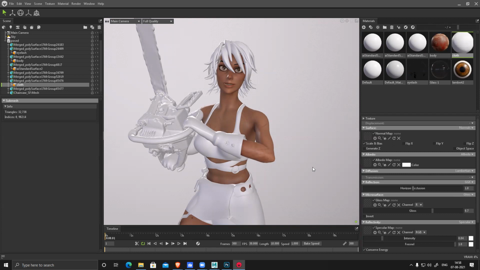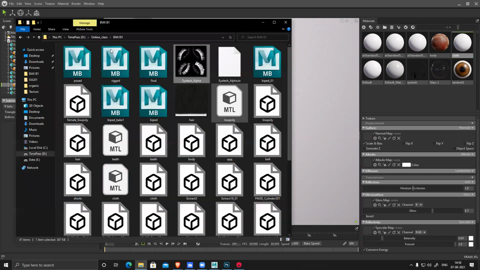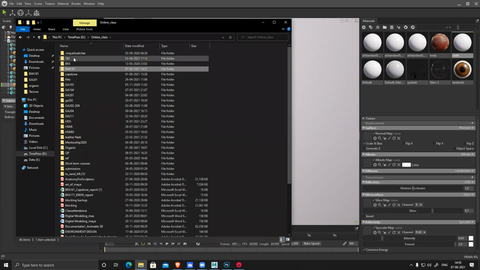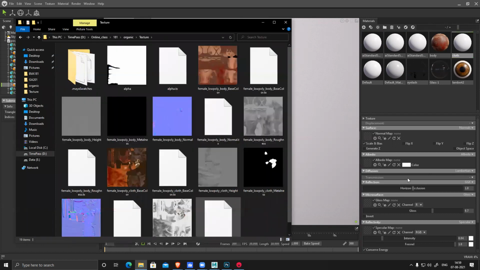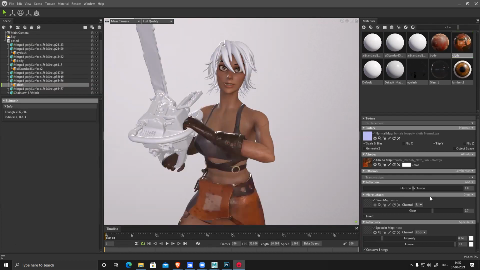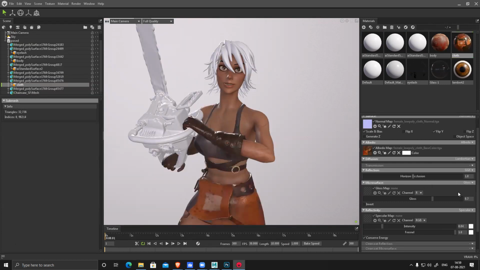Cloth. Base color. Normal. Depth. Roughness.